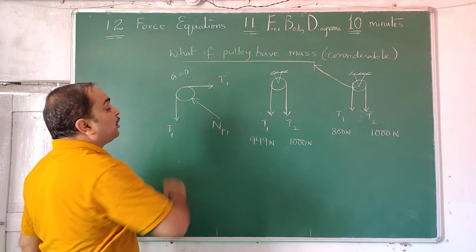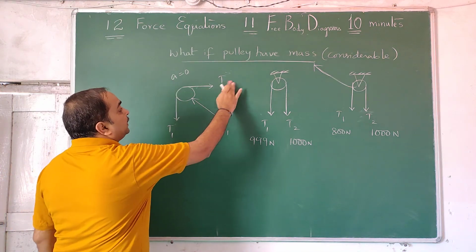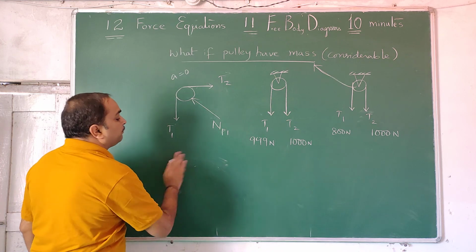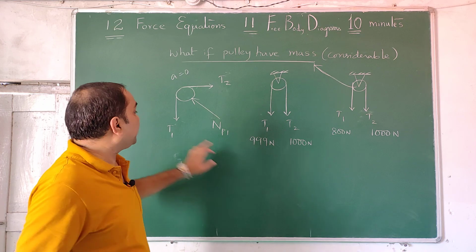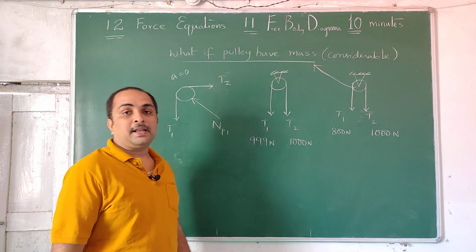So that is the thing. Suppose this pulley which we have done just now, a minute back, if the pulley has mass and is turning this side, T2 you have to write here, T2 greater than T1. If it turns this side, T1 greater than T2. Such a thing we have to take. You are not supposed to take the same tension on both sides. You are supposed to take two different tensions.